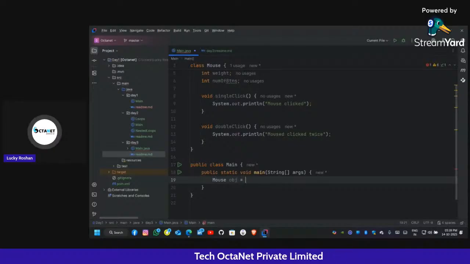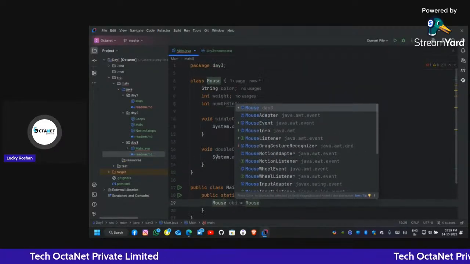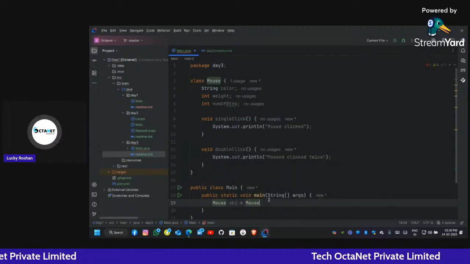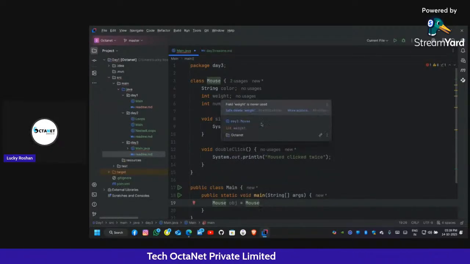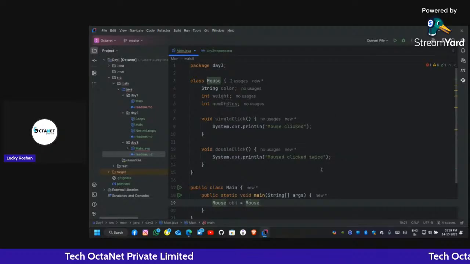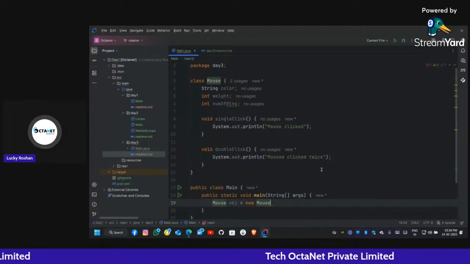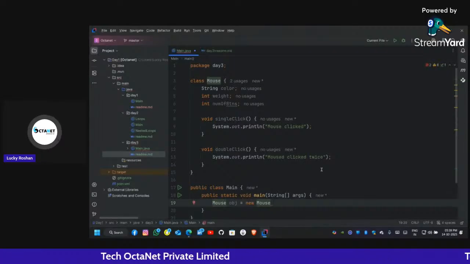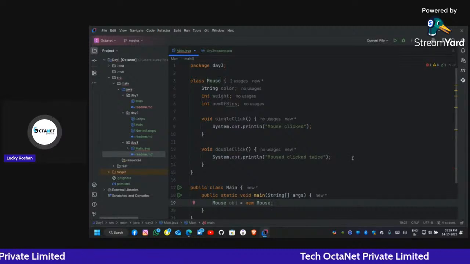So we can write Mouse because we want the class Mouse to be assigned to the object, but this is not the right way. Okay. To create a new object of a particular class, we need a particular keyword. Okay. So what is that keyword? That is the new keyword. So new is a memory allocation keyword that creates a memory location in the memory for a new object. Okay. So this should be done like this, but we are seeing the error.